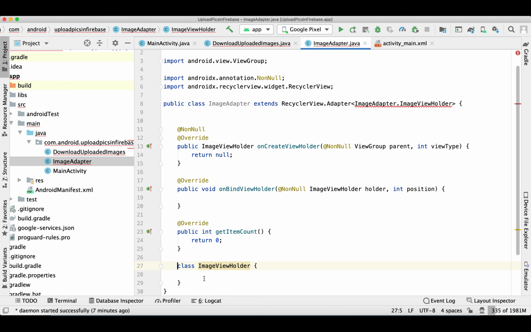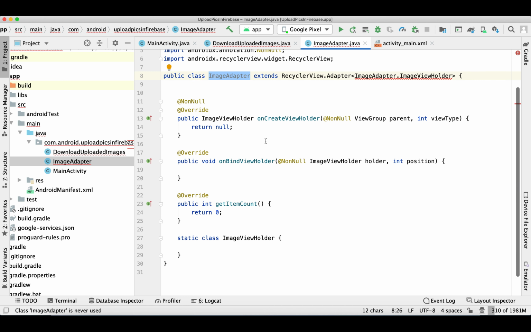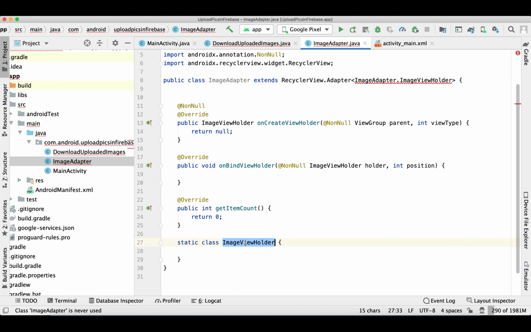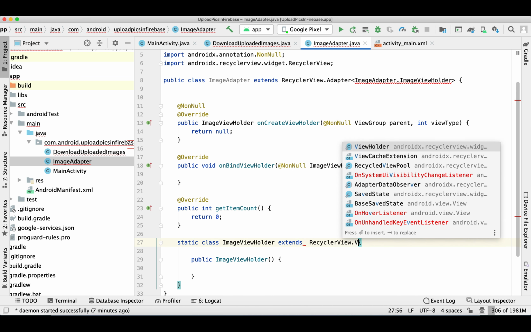Since it is an inner class, we need to define it as static. But this class needs to extend the recycler view view holder.